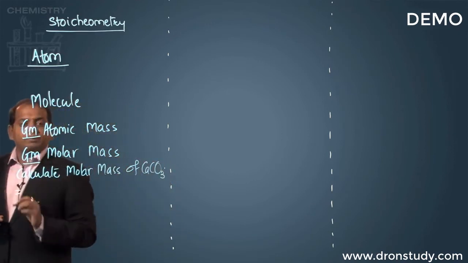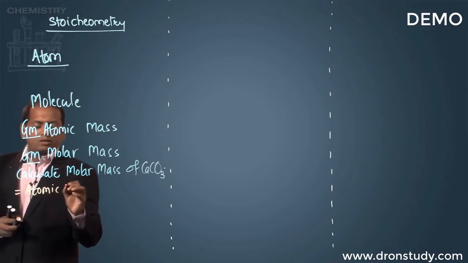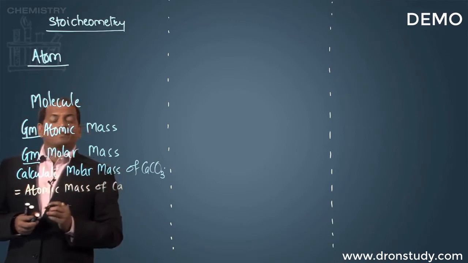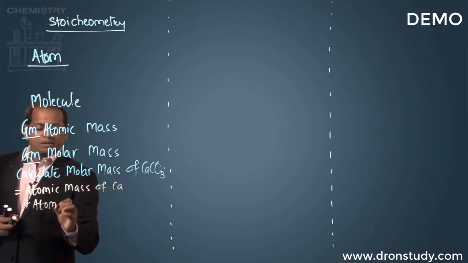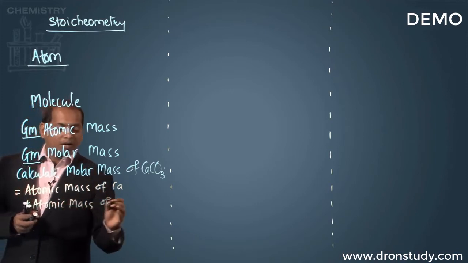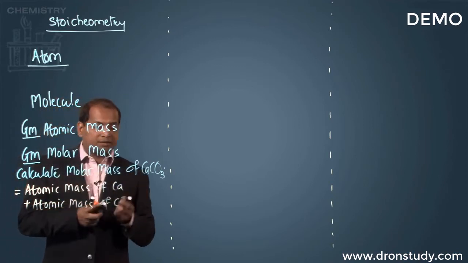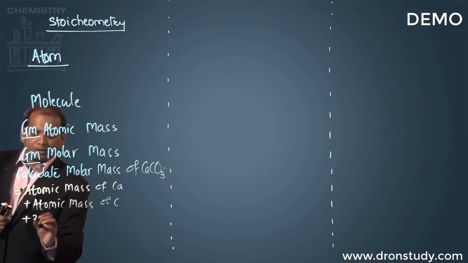For that purpose, we take the atomic mass of calcium plus the atomic mass of carbon and one more element. What is that? Oxygen. But how many oxygen? 3. So we take 3 into